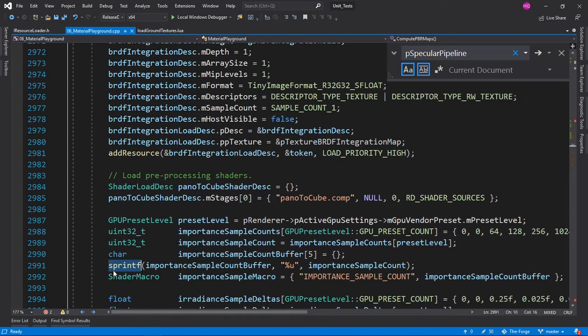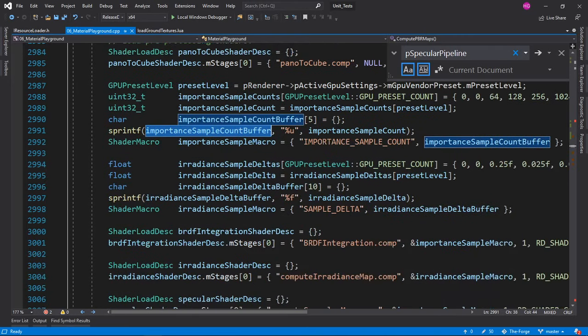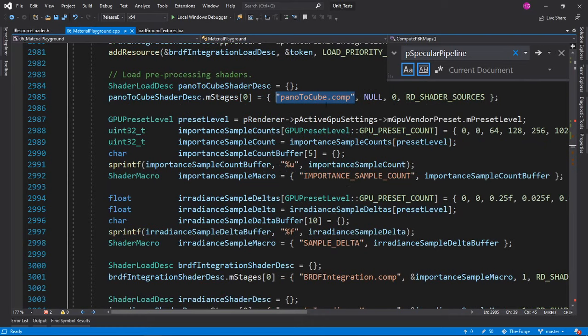And here we go again, sprintf, the kind of thing we want to avoid. So yeah, thankfully they're using these buffers here. If this were a constant string literal, the lifetime of this string, this character pointer, is the lifetime of the whole program. So I wouldn't be able to replace this with strings, which I am going to do now.